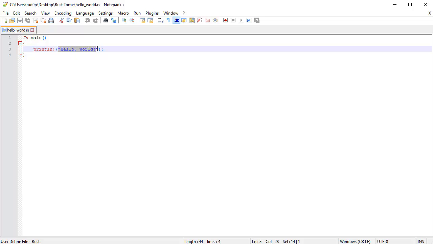This, for example, is a string, considering you have two double quotation marks here. Whatever goes in between those double quotation marks is the text inside our string. And println prints out whatever strings we give it. This is actually referred to in Rust as a string slice, but I don't want to complicate things for you. Think of it as a string for now, like a string of text. Whatever string of text you put in here is what's going to be printed out into your console. Now, there is a semicolon here,